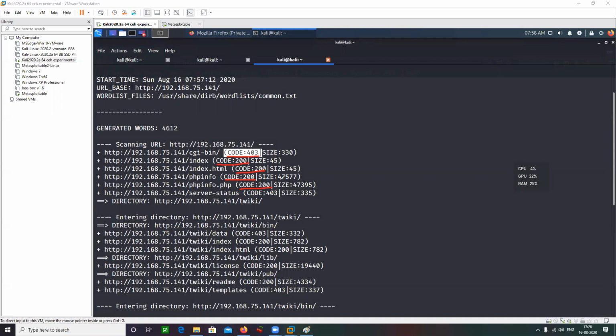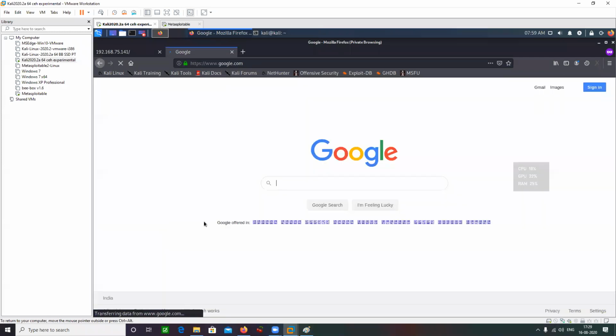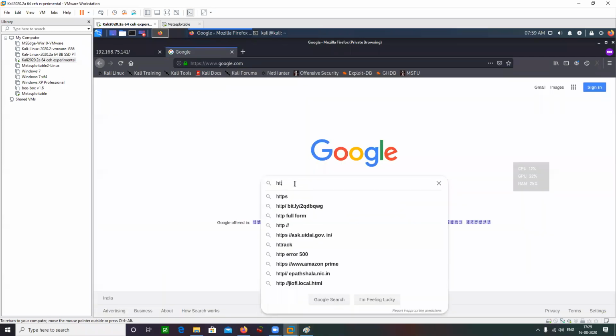Code 200 HTTP. Okay, right. So actually, these codes are basically your HTTP response codes. I'm not going to go deep into HTTP response codes, but I'm just giving you a high level overview.